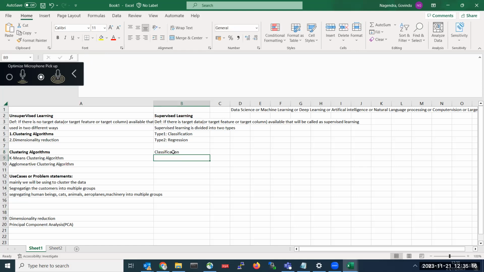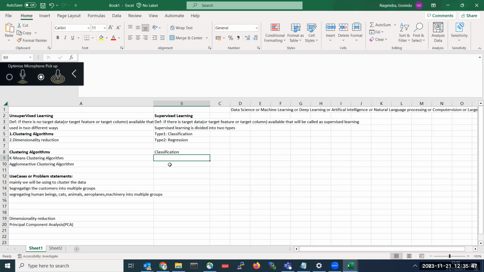See, this is very important. If you are not able to distinguish what is unsupervised, what is supervised, what is clustering, what is classification, what is regression, then it's a waste to learn machine learning. These are the basic concepts we should learn. I know some guys who don't know classification or regression, even though they completed courses somewhere. But you should be strong in all these theoretical concepts before going to the real-time projects.